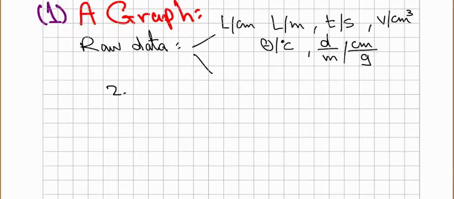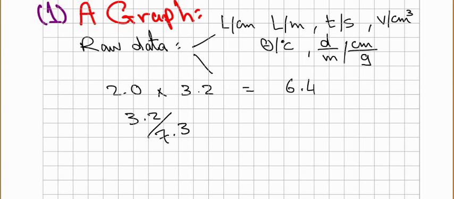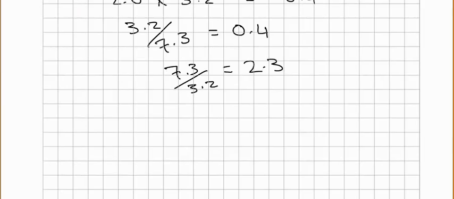Like if you have 2.0 times 3.2, the answer in this case will be 6.4. Like 3.2 divided by 7.3 equals 0.4. 7.3 divided by 3.2 equals 2.3. Now the values at the end should have the same number of significant figures, which means if